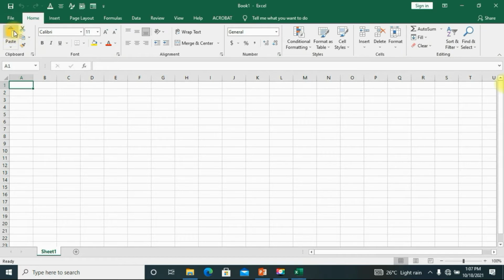It contains different tabs: the file tab, the home tab, and I would show you each of the tabs. The insert, page layout, formulas, data, all those are tabs. They are all tabs contained in the